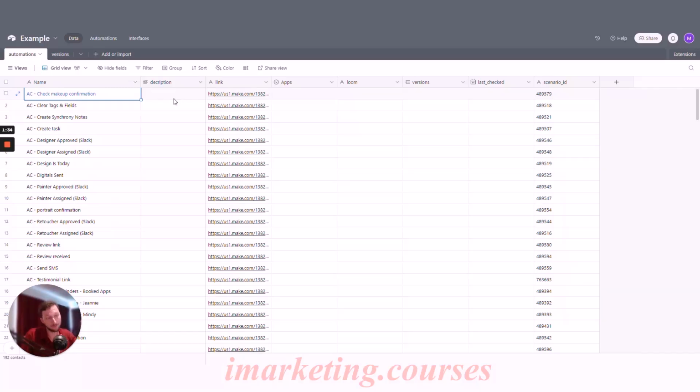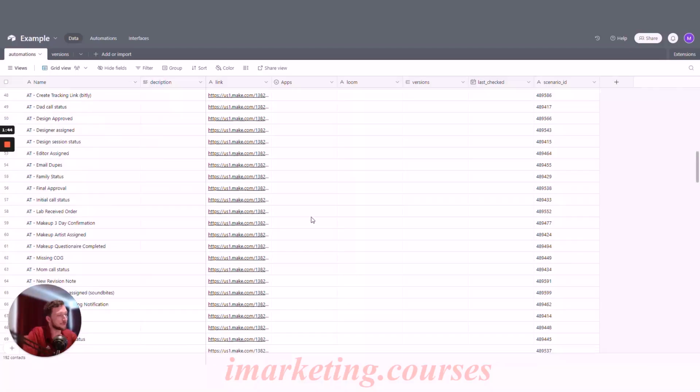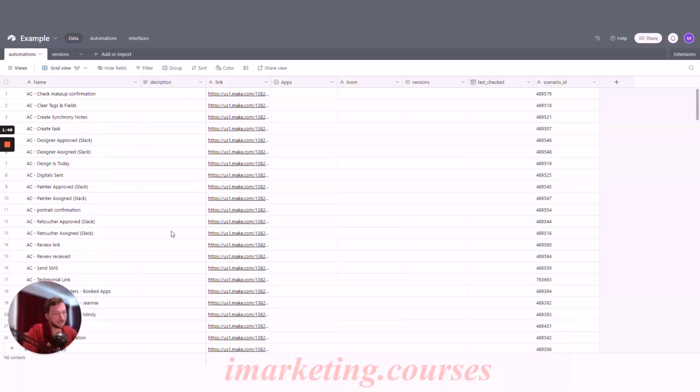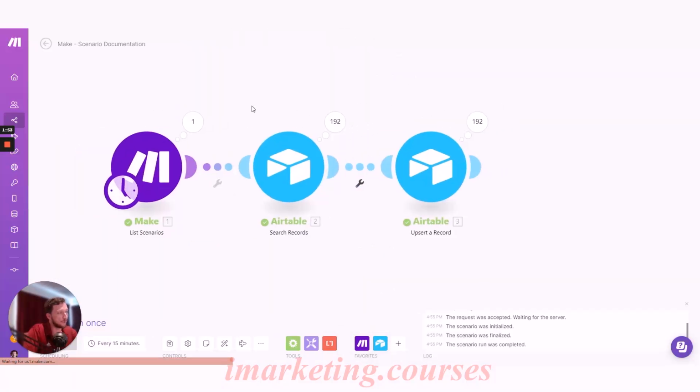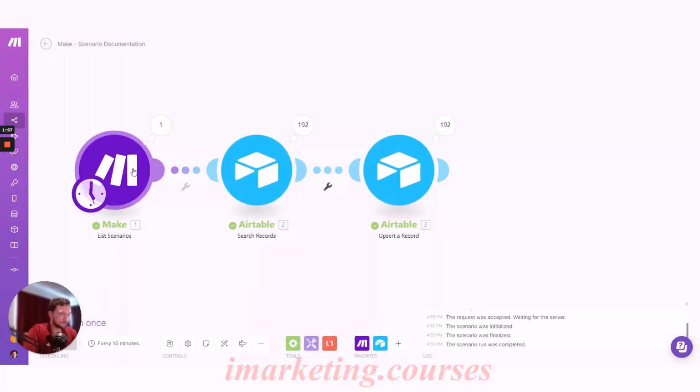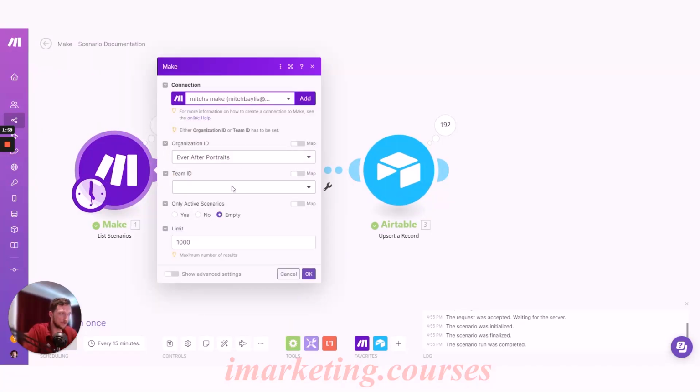I would still keep with a table layout as it has some strong advantages, such as being able to pull in all the scenarios via an API, which is what I've just done here. And if you're interested in doing that, this just pulled in 192 active automations in this account currently. I built a very simple automation here, which I'll attach to the course as a download. Essentially, it just lists all the automations in